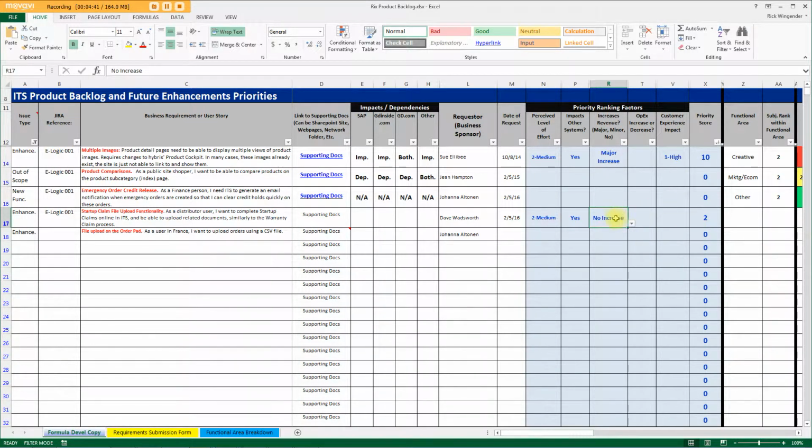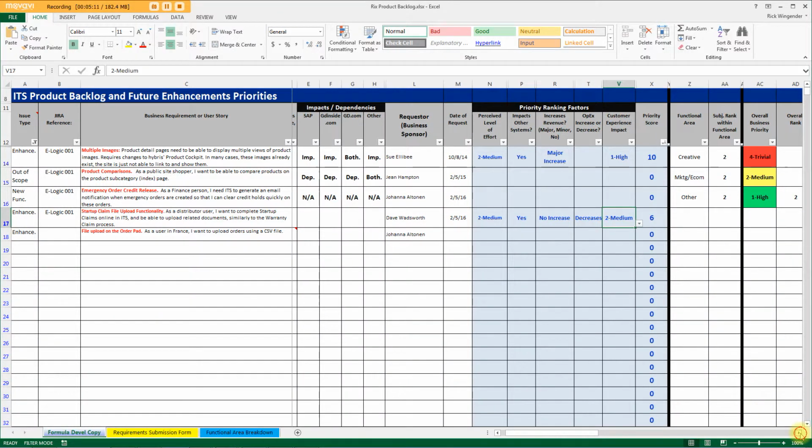And you see, because it was no increase, the score did not increase. OPEX increase or decrease? It probably decreases OPEX, which is going to increase its score. And then the customer experience impact, again, probably, well, let's call it a medium, because it helps them. Okay, so now it's a priority score of 6. So once you have a whole sheet full of these things and full of scores, then you can rank these things and see how they compare to each other. Now, moving over,